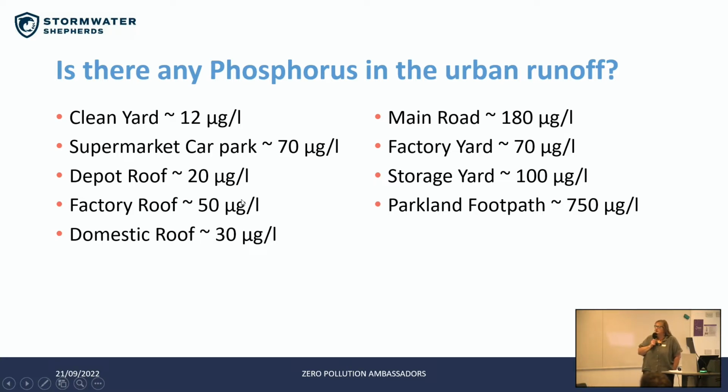So we were, I suppose, surprised, perhaps not surprised, to find very low levels, 12 micrograms per litre in a clean industrial yard coming off the runoff when it's raining. So barely any phosphorus there. This is total phosphorus. But what was interesting in the column on the right is we were starting to find more